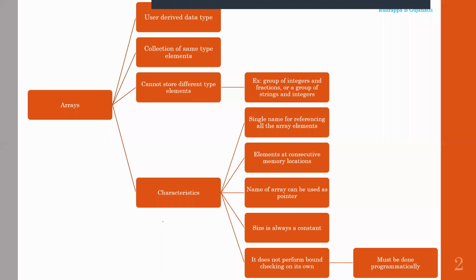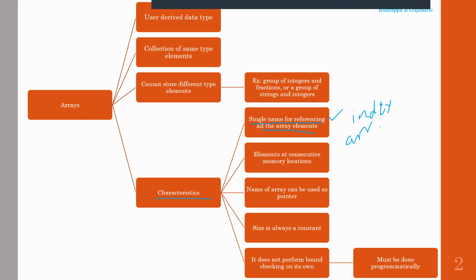Here what we have is the characteristics. What are the different characteristics of the array? Now, as mentioned previously, an array will have a name. That name I can use for accessing or referencing the elements which are present in the array. But along with the name, I also require the location at which it is present. I cannot remember the address every time. So along with the name, I can make use of an index. So array name and index.